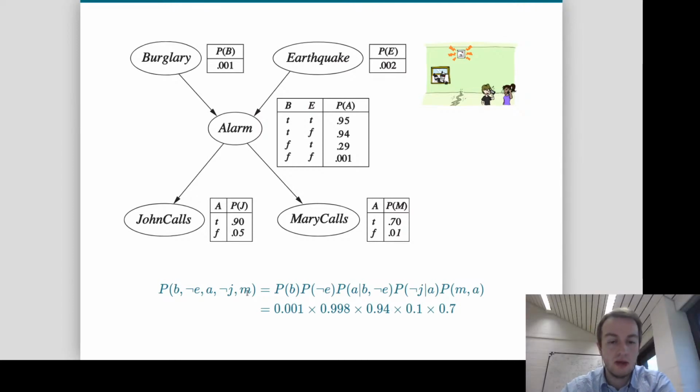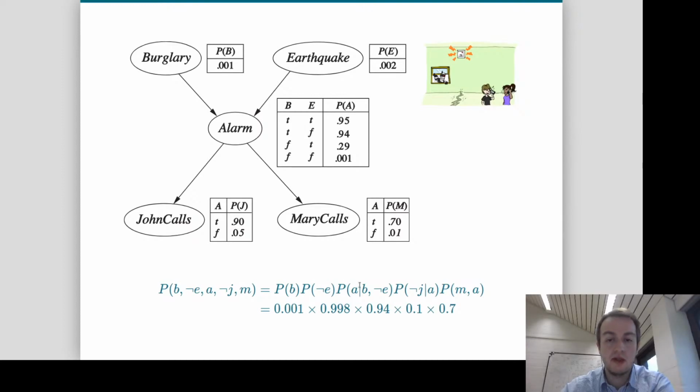Okay, and the way you would use the Bayesian network to evaluate this joint probability would be simply by going over the nodes, and then reading the values that correspond to the values that you want to evaluate. So in this case, you would start at the top, and using the chain rule and this decomposition, that is equal to P of B, because we are asking for B to be true, P of not E,